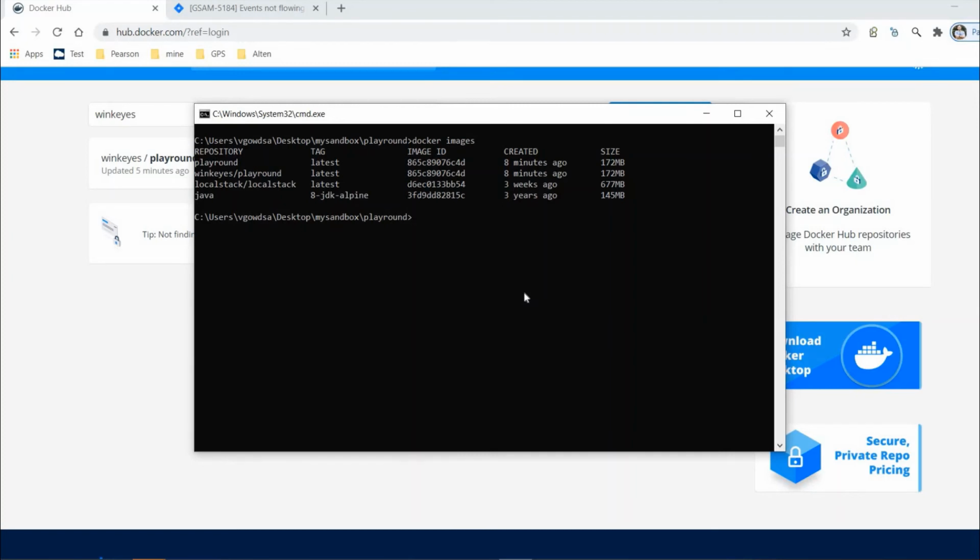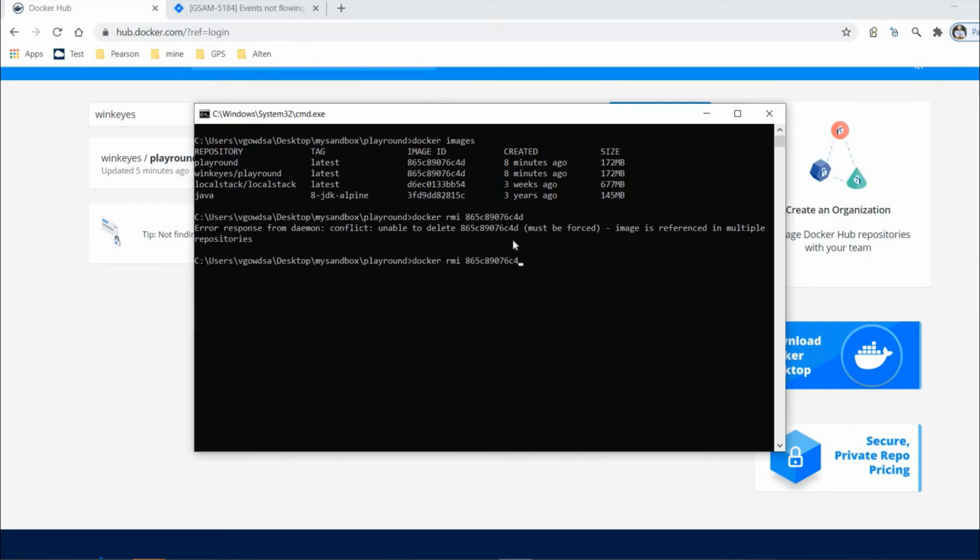First let me remove the tag, that is docker remove image, and do it first for the tag. Okay, it is saying okay, so first let me remove the image itself. So untagged.